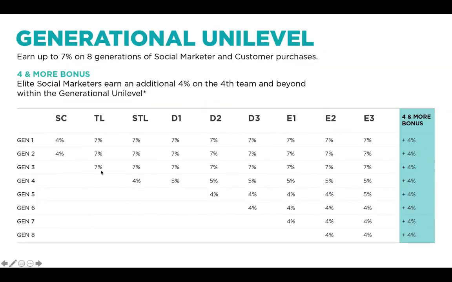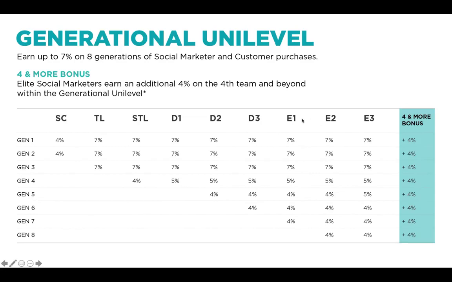Now, this is the amount of commissions you'll earn. You'll earn between 4 to 7% override on the orders of your social marketers and your customers after those orders have been factored. Now, one thing that I want to come back to: remember we said you can become an Elite 3, an E3, with 3 different lines. And I said, but you can build more. Here's what I want to share with you.